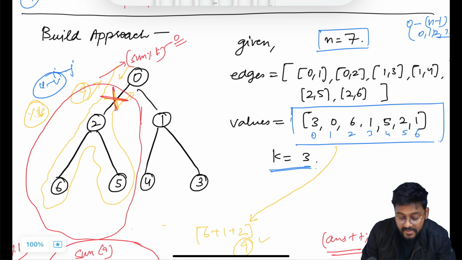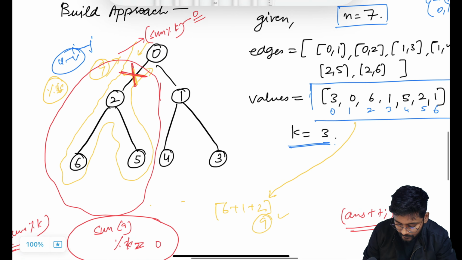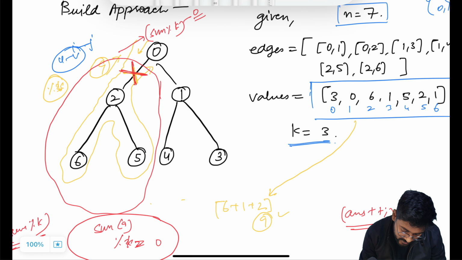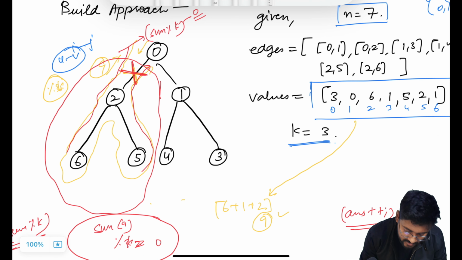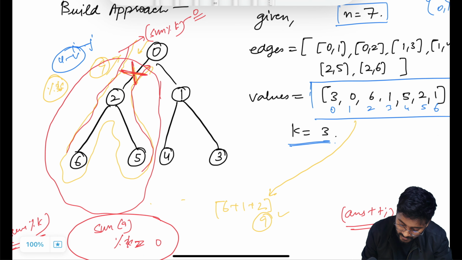Answer plus plus specifies that we are able to discard this edge. And when we are deciding, not when we are going into the recursion but when we are returning back from the recursion, at that time we are deciding. Because when we are returning back from 2 to 0, we are deciding that the sum is equal to 9 and it is divisible by k. Modulus with k is 0, so just increment the counter and make sum equal to the modulus with